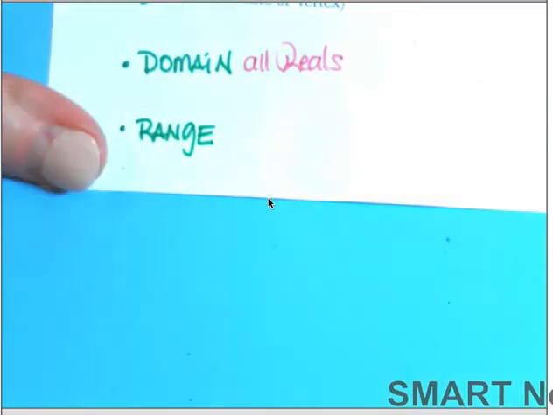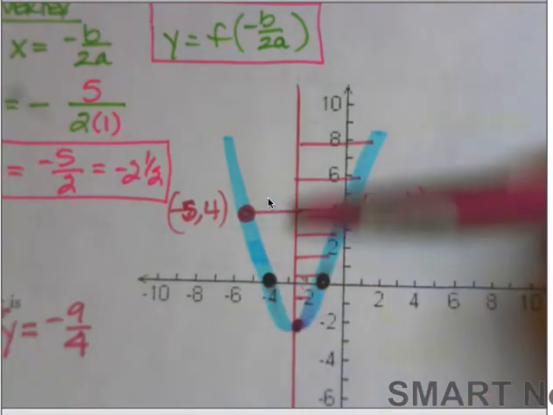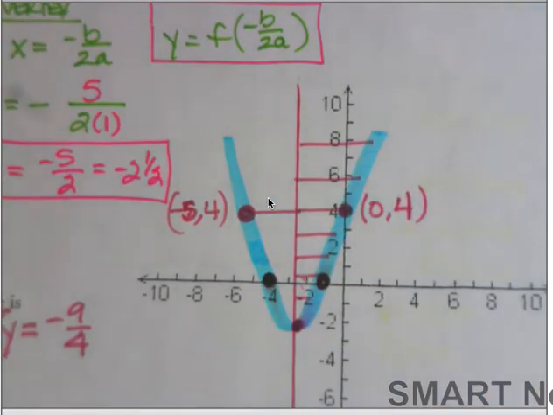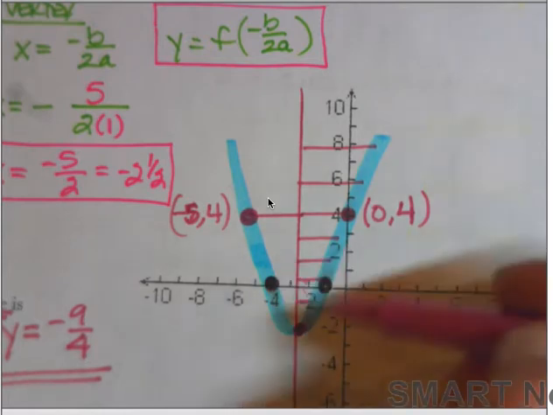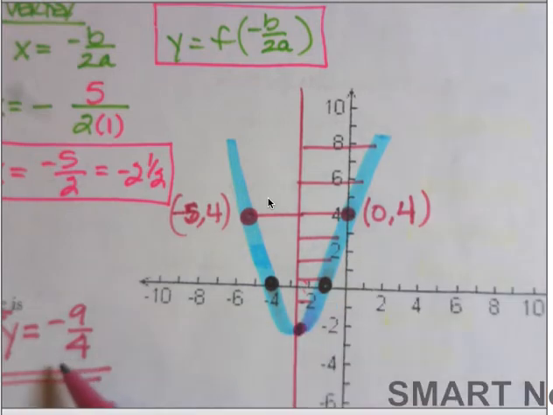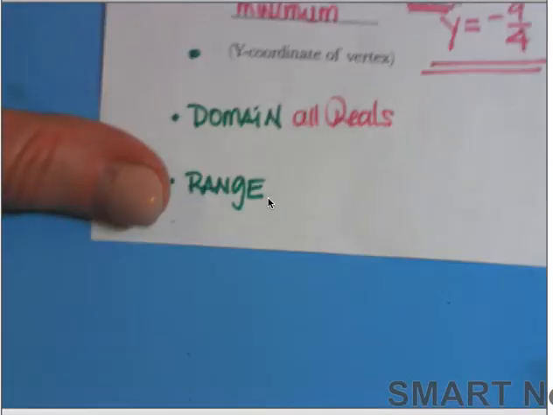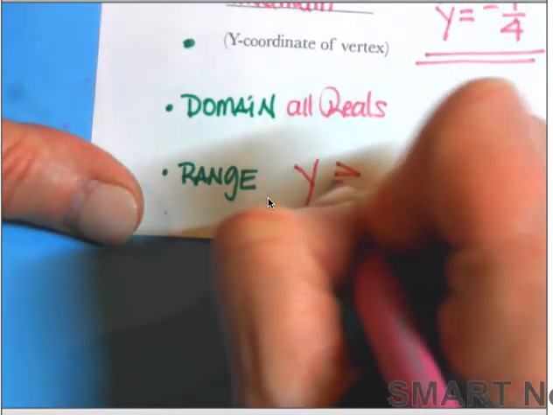Your range, however, remember the range is describing what's happening to the graph vertically. The range is directly related to the y-coordinate of the vertex. Since the vertex is the minimum at the bottom, this is the least value on this curve. This point is the lowest point and it's the least value on the curve. All of the other y-coordinates on this curve are going to be greater than or equal to -9/4. So the range for this particular quadratic would be all y values greater than or equal to